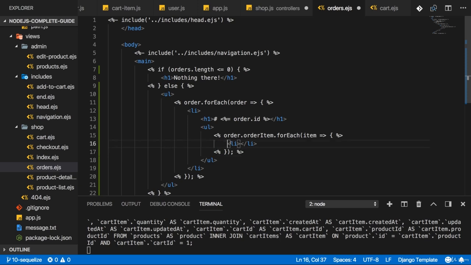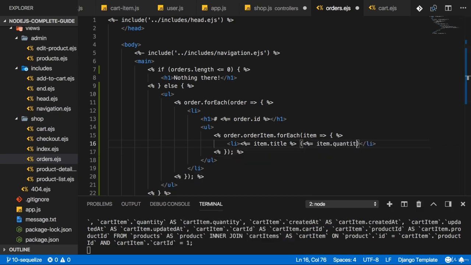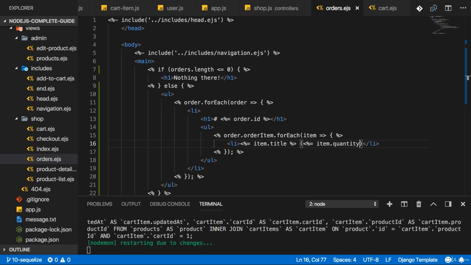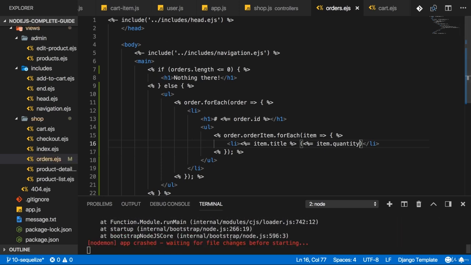And now this list item is repeated for every item in this order. And there I simply want to output the title. So I'll output item title. Keep in mind, this is a product, so it will have a title. And then maybe in normal parentheses, I'll output item quantity. And this will not work. I can already tell you that. If I save that,